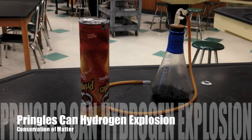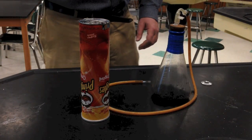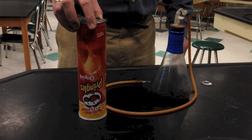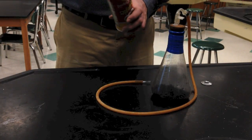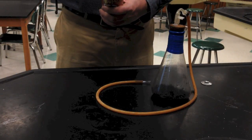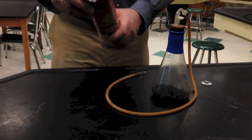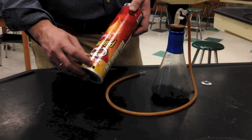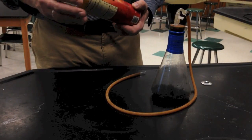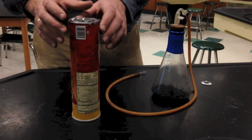In this demonstration, I'm going to do the very famous Pringles can hydrogen explosion. Any case, what I have here is a Pringles can, upside down, with a hole drilled on top. I have some flexible tape here, Flex Tape, just for supportive reasons. And I have a hole drilled, and I also have a hole at the bottom part of the can where the top lid comes off. And I got the lid on, and what I'm going to do is flush this can with